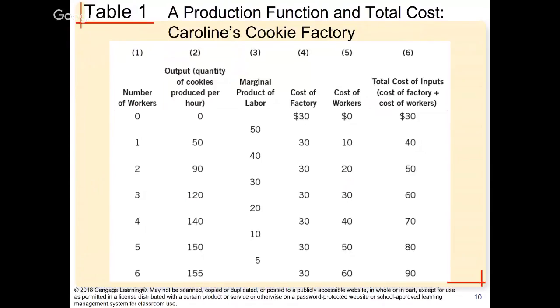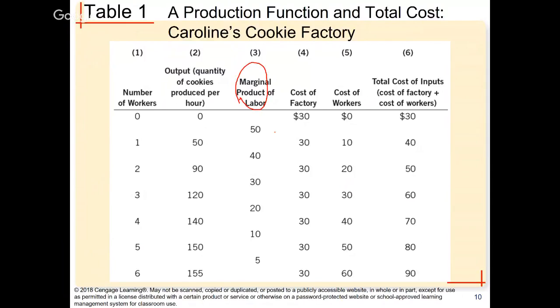So guys, you might see something like this on your quiz and also on the test. I might give you this table and ask you to find out how much is the marginal product of labor. So this stuff over here, you need to know how to find them, okay? So easy way to look at it, your marginal product of labor is just the difference between each level of